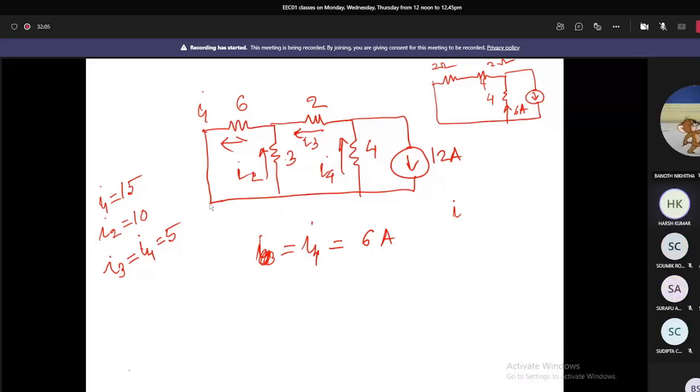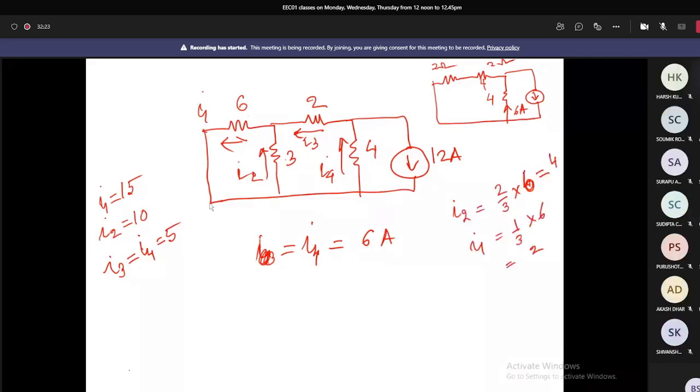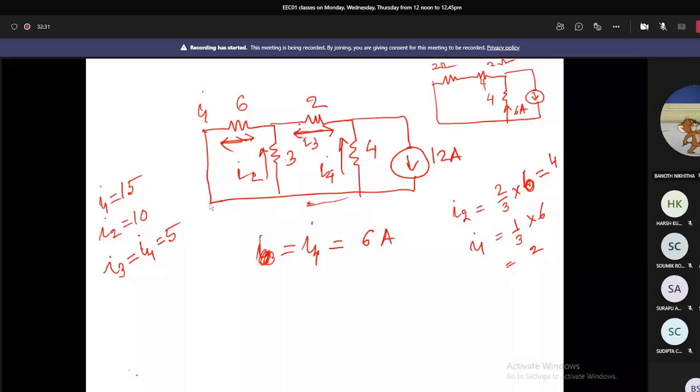Sir, I have to say, the I1 direction should be to the right and the I3 direction also should be to the right. I1 and I3 directions are opposite. Yes. It will be in this way. So I1 and I3 will be added up. Sorry. Nicely pointed out. Because the current will pass through it and then it will return through this way. So the direction is, let me just revise.